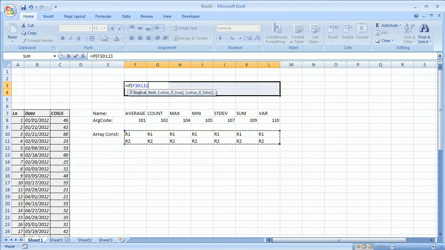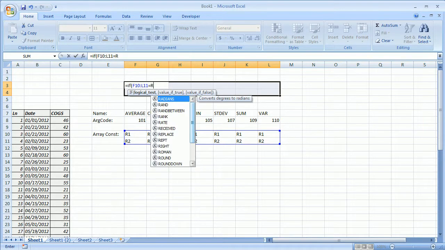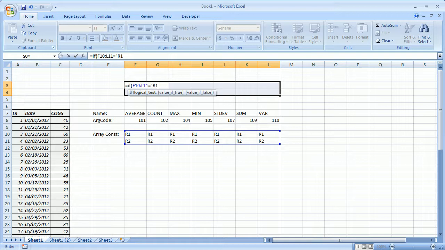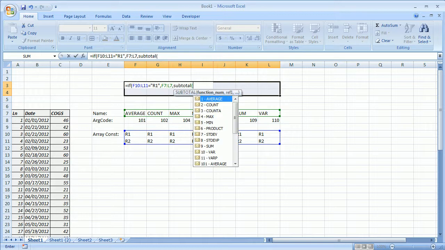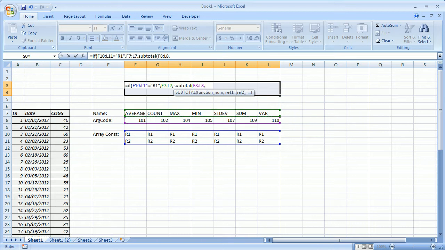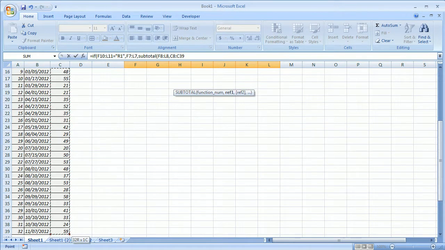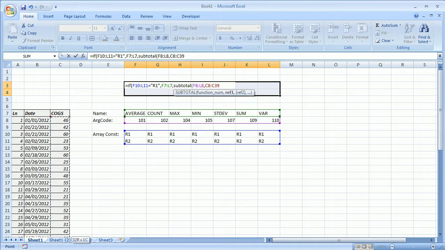So I'm going to say if that equals R1, it's a text string, then you should do this, and if it doesn't, then you should do what we did before. Subtotal. And control backspace. Okay. Now before I'm done, what I'm going to do is hard code some